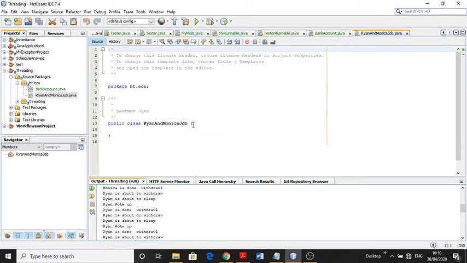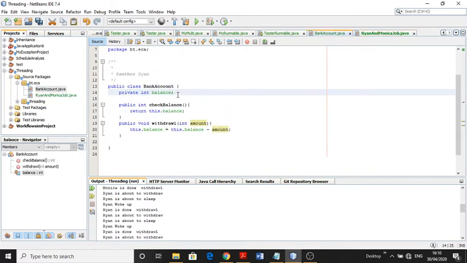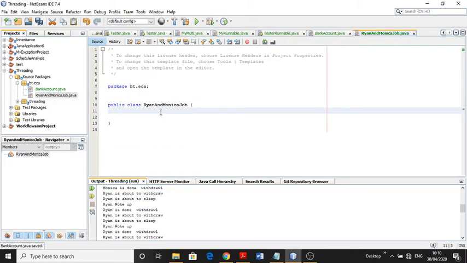This class has three members, as we already discussed. One is the data member. First we initialize the balance here. The balance is 100. Now we come to the Ryan and Monica job.